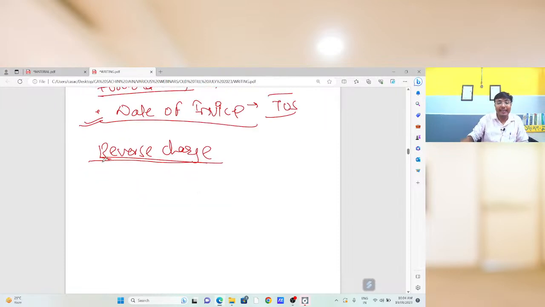So, for deciding the time of supply on receipt of goods under reverse charge, first know the concept. In case of reverse charge, the recipient is going to make the payment of taxes. So, we need to decide the time of supply from the recipient's point of view, because the recipient is going to make the payment of taxes. So, in case of reverse charge, the date of receipt of goods,